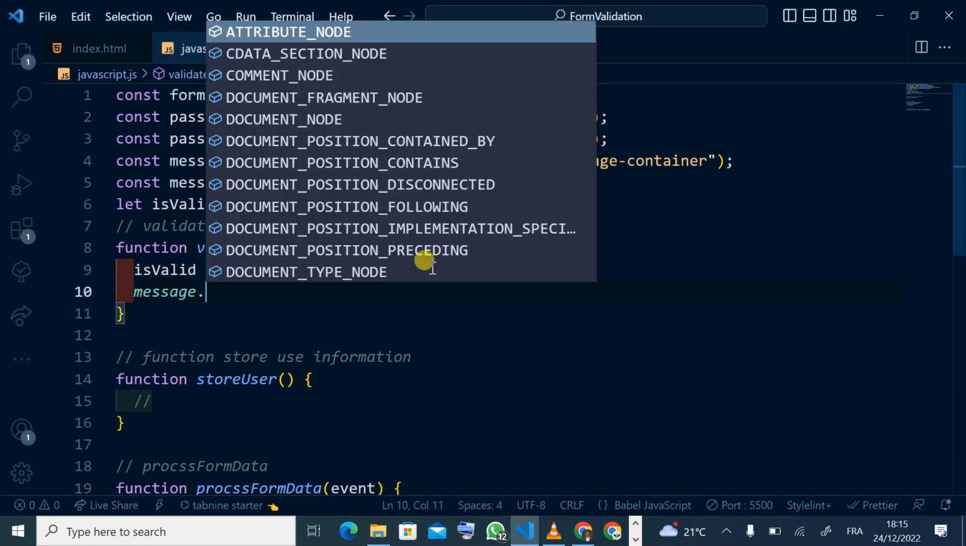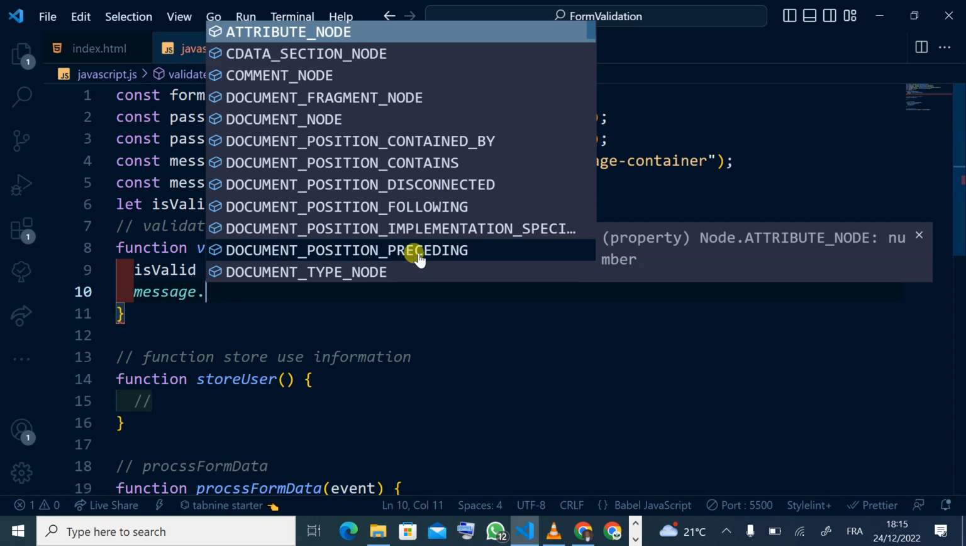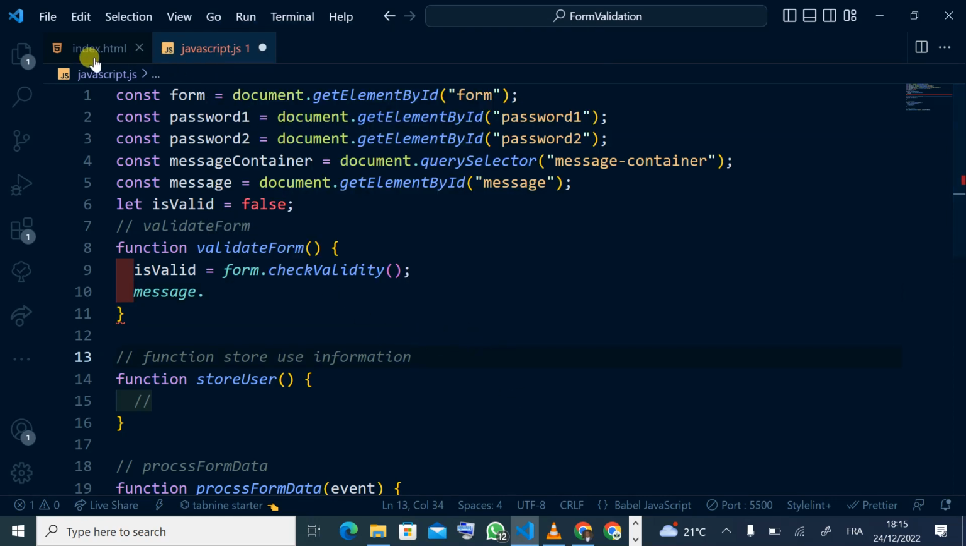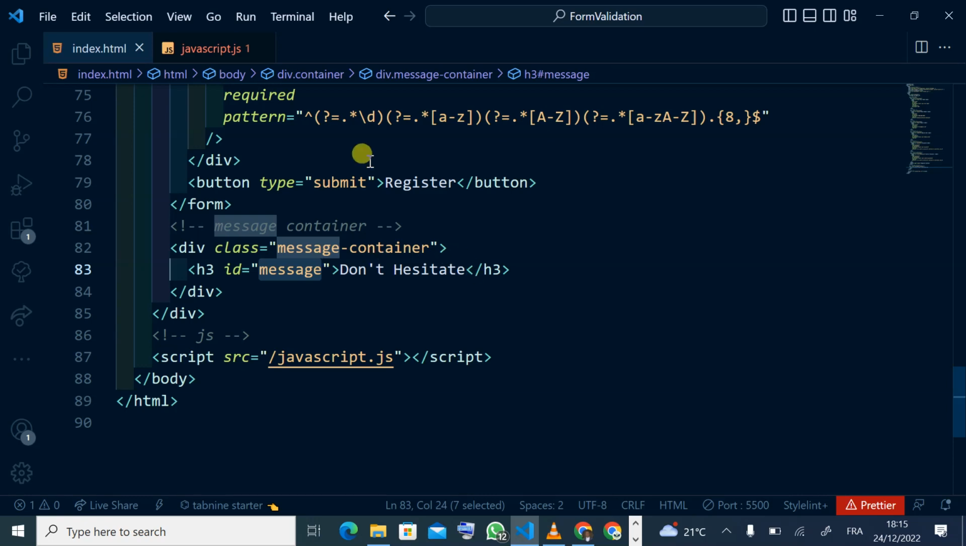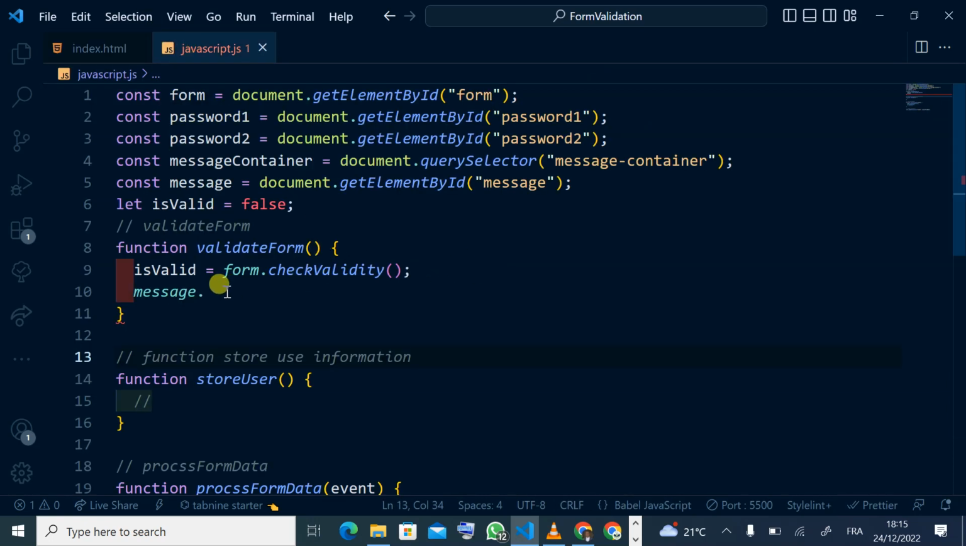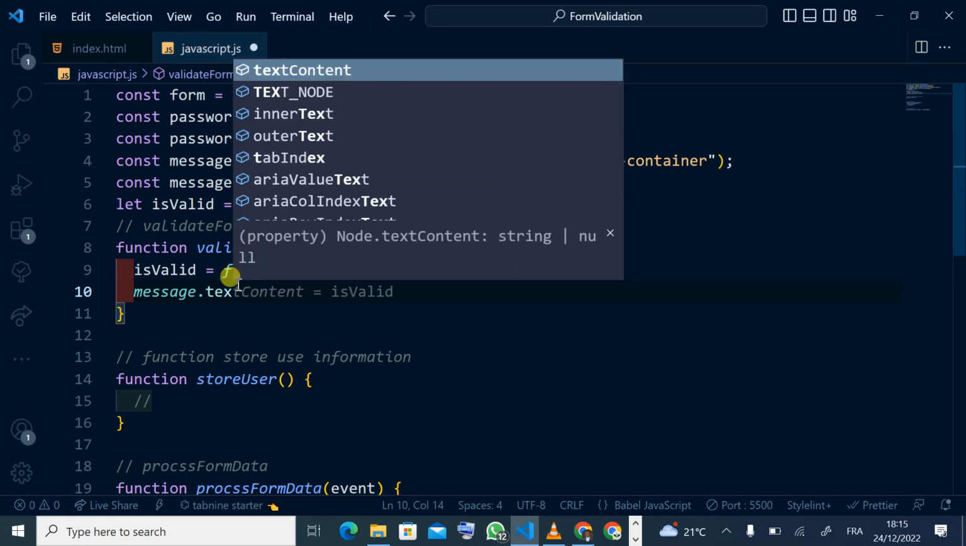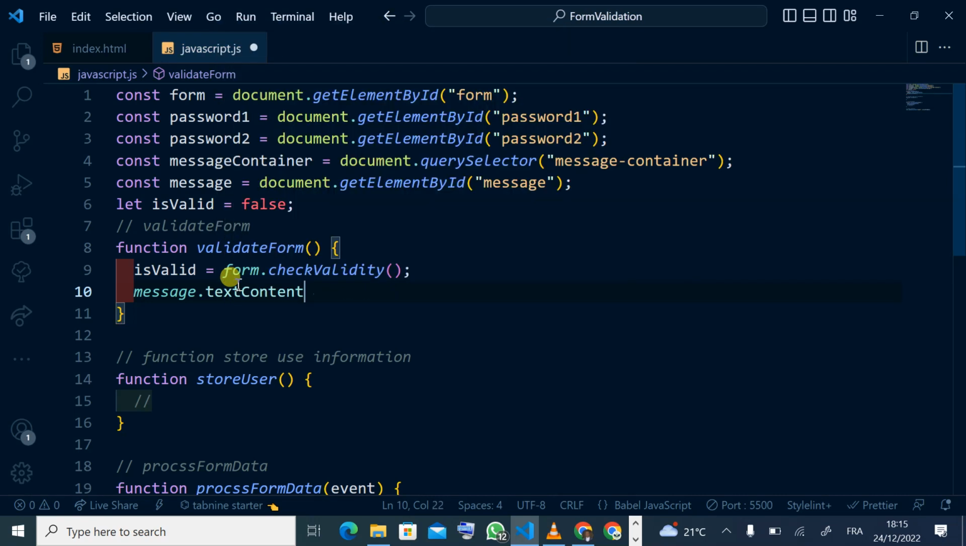Message dot, what do you want to do with the message, or what is the content inside? I think message dot text content. The text content enables us to change this text. Okay, this text here, don't hesitate, we can change it by using the property message dot textContent. Then we can specify the text. What do you want to say? We want to ask a user to enter everything if he did not enter, or we can say please